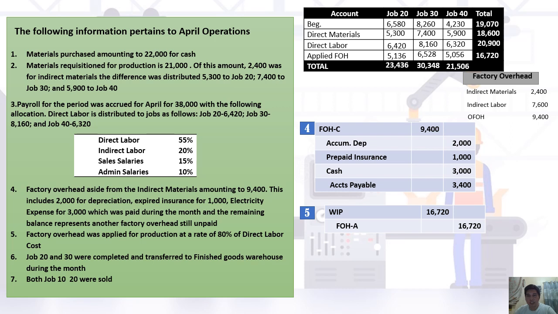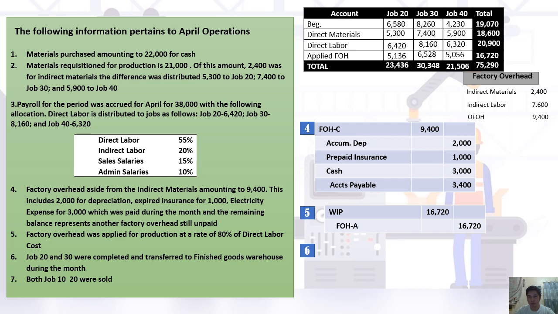So, pag tinotal natin ang total goods placed in process natin para sa tatlo, ay meron tayong 75,290 pesos. Okay? So, okay na yung ating total goods placed in process kasi tapos na yung manufacturing cost. So, pwede na tayong pupunta sa 6. So, sabi sa 6, job 20 and 30 were completed and transferred to finished goods warehouse. So, specific sinabi si job 20 daw, tsaka si 30 ay natapos na. So, parang ang gusto niyang sabihin si job 40 ay hindi pa tapos, so mananatili po siya sa ating work